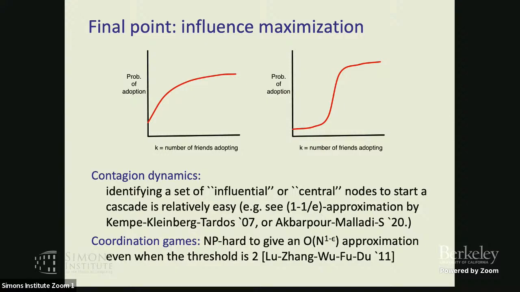But when you have more of this threshold behavior, similar to the coordination games that I mentioned, then even the problem of who are the right people to seed becomes very difficult. It's actually NP hard to give an O of n to the power minus 1 minus epsilon approximation for it. And I think Matt mentioned something along those lines: here you want to spread the seeds. You want to find a few high degree people and get them to adopt your technology. But if you have a technology that people adopt because a lot of people in their immediate neighborhood are going to adopt it,